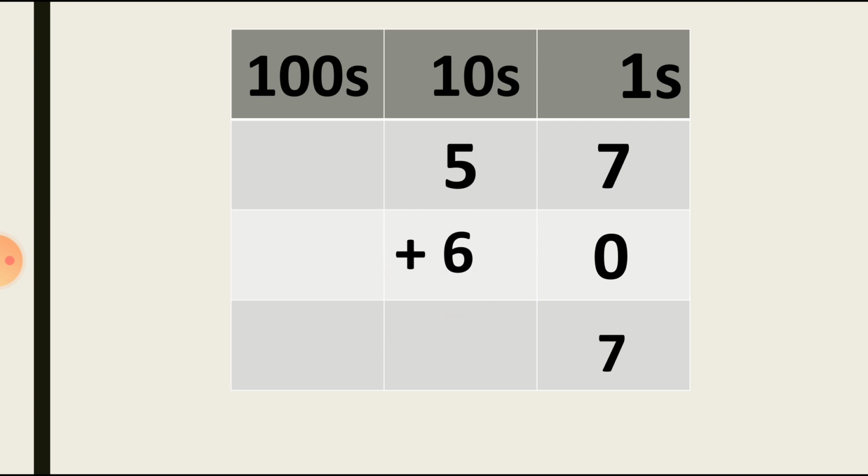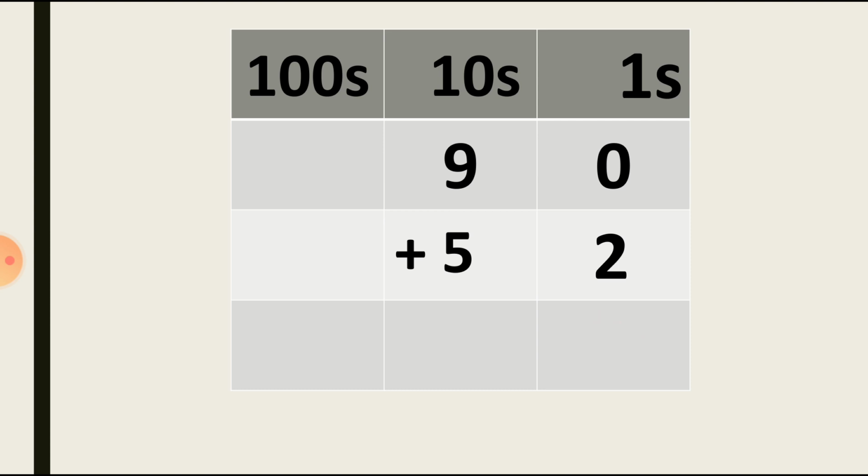In this 11, the number 1 which is at the ones place, we can write under the tens place. So I write 1 here, and the other one, which is at the tens place, will move to the hundreds place, and we can write this one this way. So the answer will be 117. This is very easy, students. You can write this into your book also.